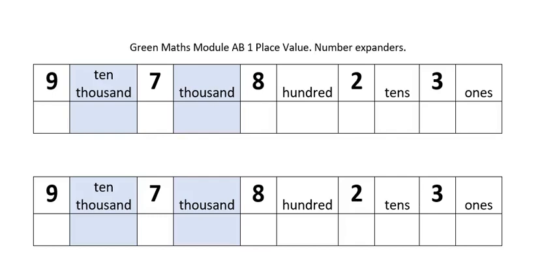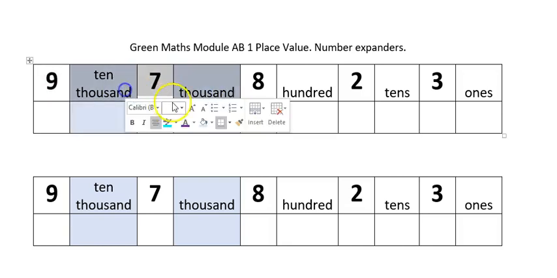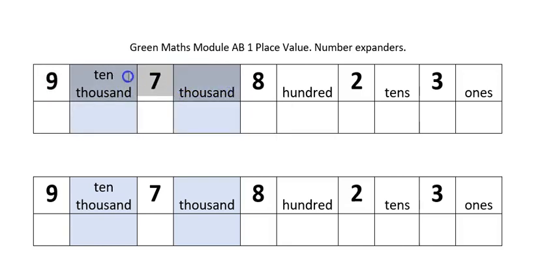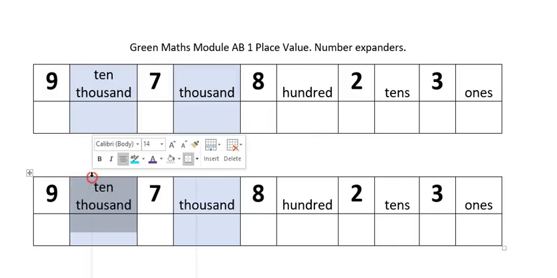Well, thank you for making your number expander for Green Maths Module AB Week 1. What is it that you've actually done? You have organised your numbers into groups of 10,000, 7,000, and when you put them together you have 97,823. Now, when you close your number expander, you get